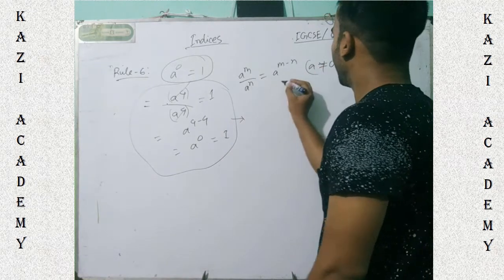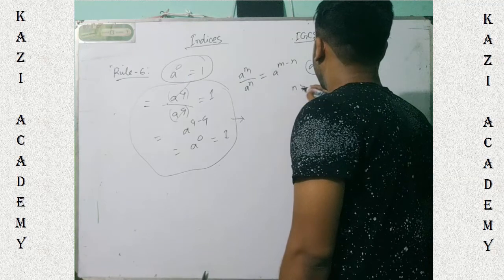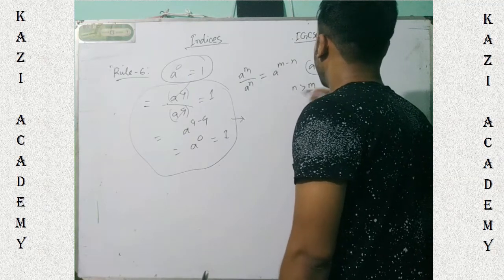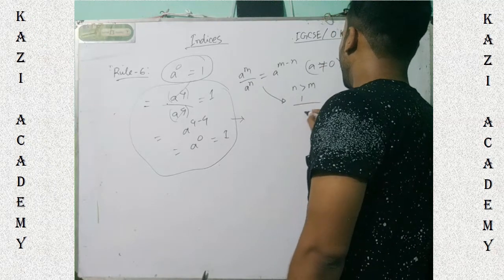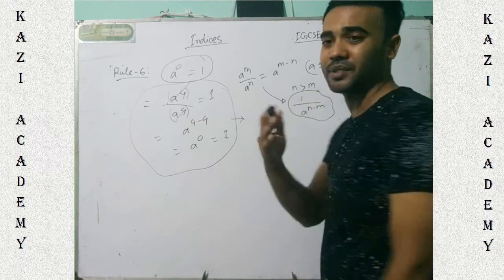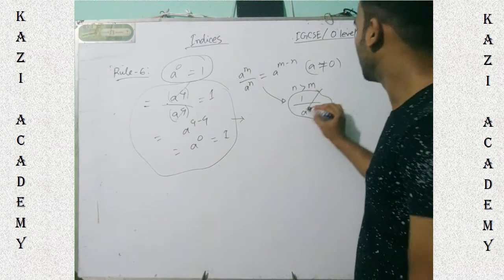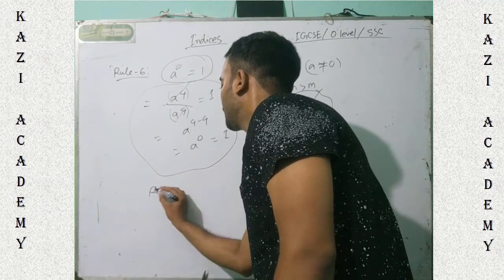Again, another example. When n is greater than m, it will be like this, 1 by a to the power n minus m. But this is a little bit difficult, that's why we can ignore this. But we know another rule,